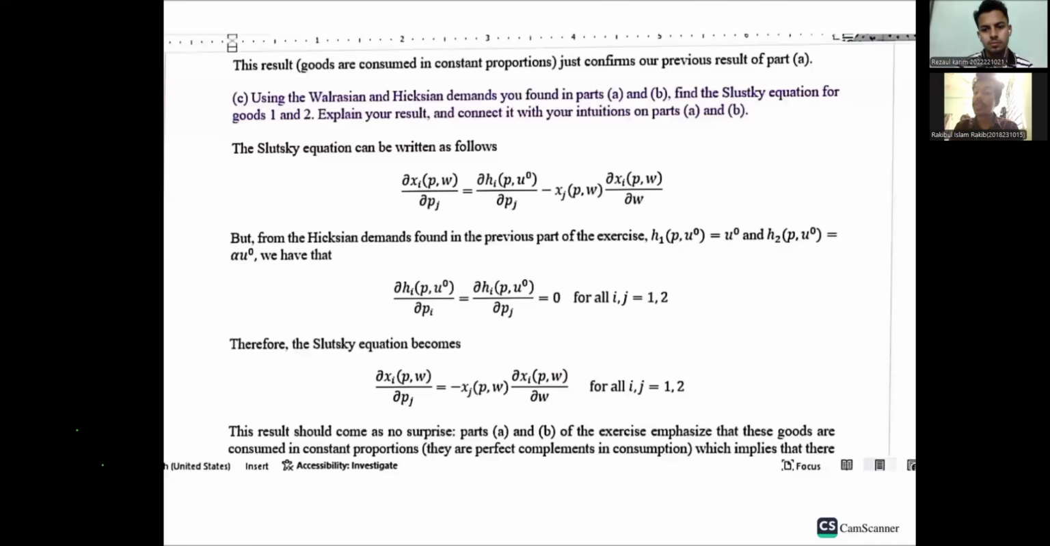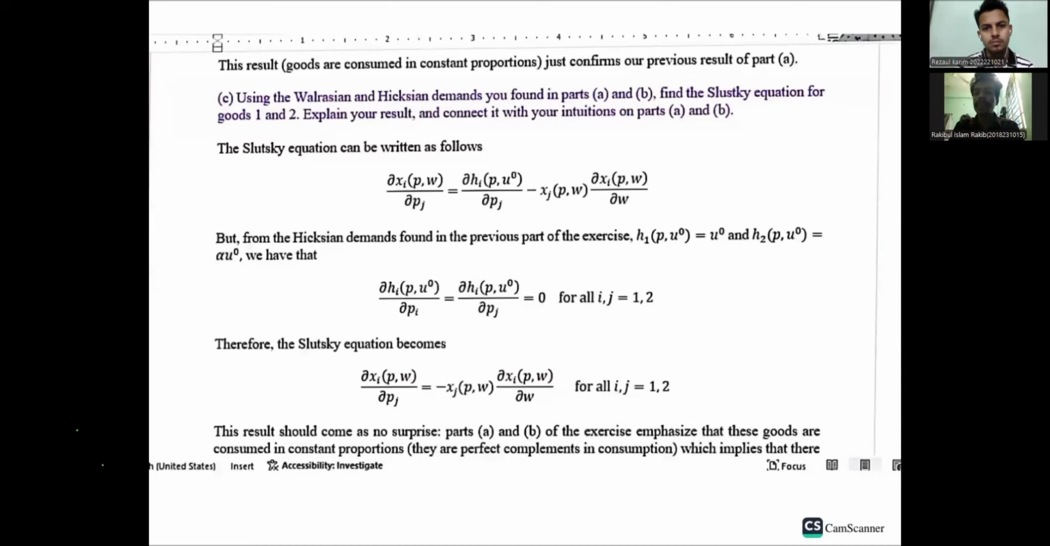And the third question, number C: using the Walrasian and Hicksian demands you found in part A and part B, find the Slutsky equation for good one and good two. Explain your result and connect it with your intuition on parts A and B. Yes. So the Slutsky equation can be written as follows, as a differentiation of xi in terms of p and w